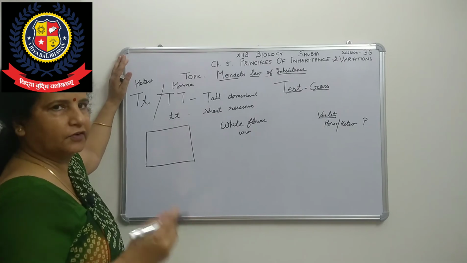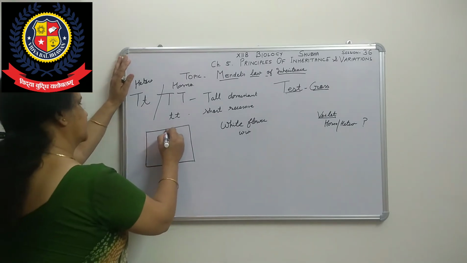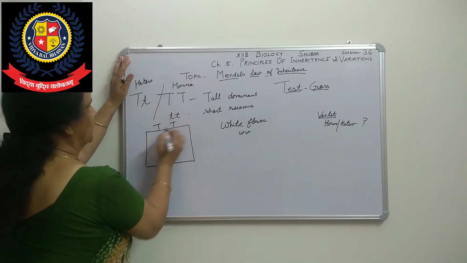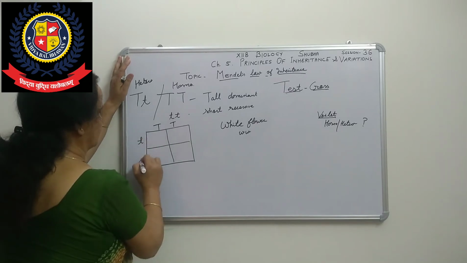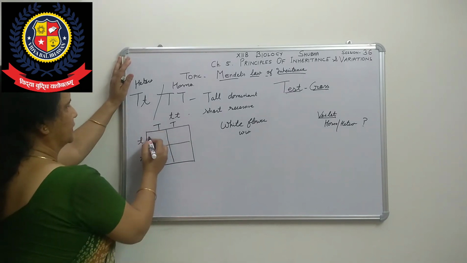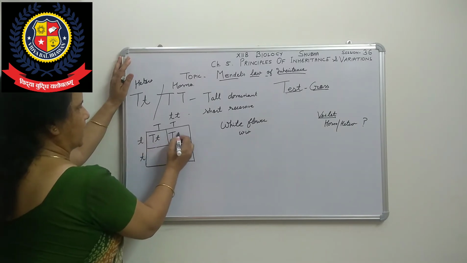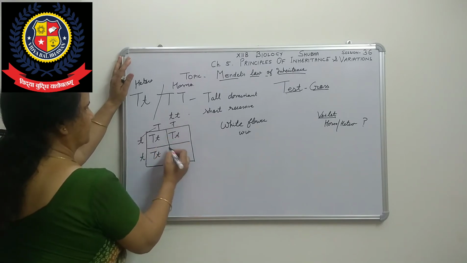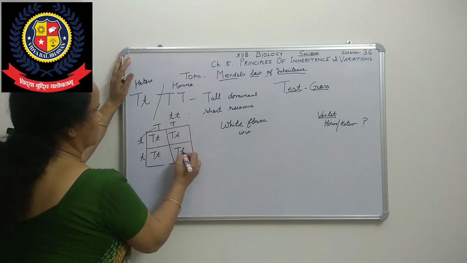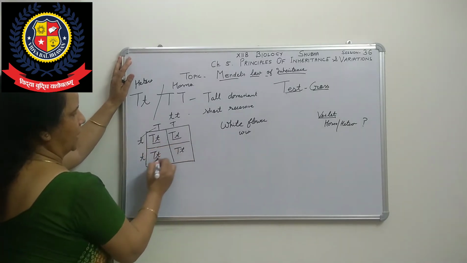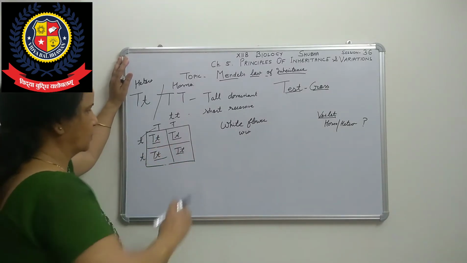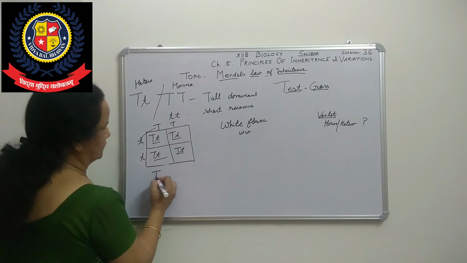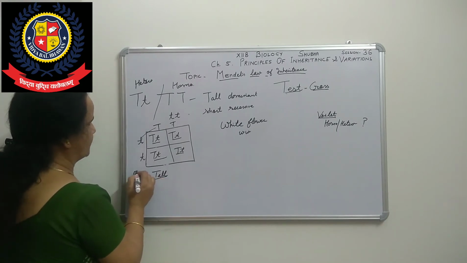Now then, in the diploid condition, two gametes are there. Suppose one gamete has capital T and the other has small t. What will we get here? Capital T, small t, capital T, we multiply this and this, and here T. So in the F1 generation we are all getting heterozygous, and the heterozygous plants are all tall. That is the F1 generation.